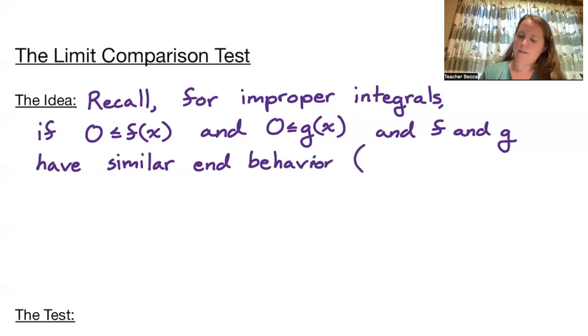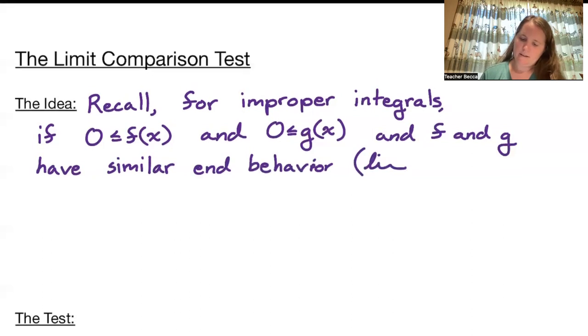So in other words, if the limit as x goes to infinity of f of x over g of x equals L, so it exists,